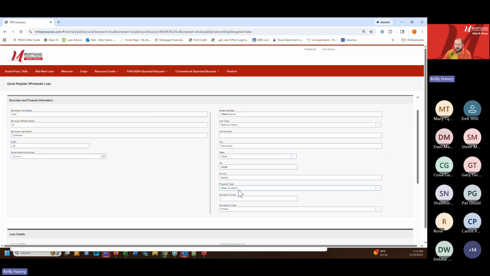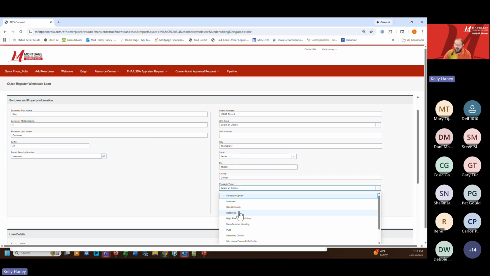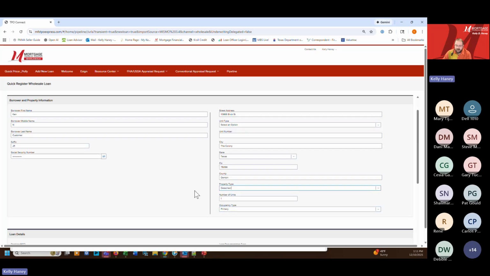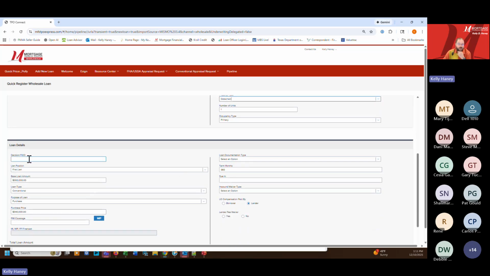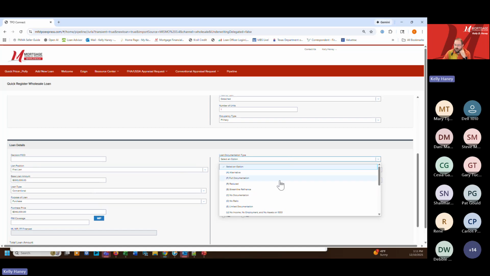But right here, you can confirm your property types. You can also number of units. Down here, you can put in the FICO if you want, just to kind of put the file in the system for pricing or what ifs. If you're doing any type of streamline refinance, an FHA streamline or a VA IRRRL, you can indicate here that it's a streamline refinance. By default, it is blank, which is acceptable. It will pull in as a full